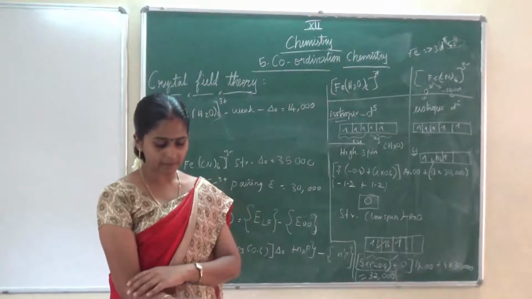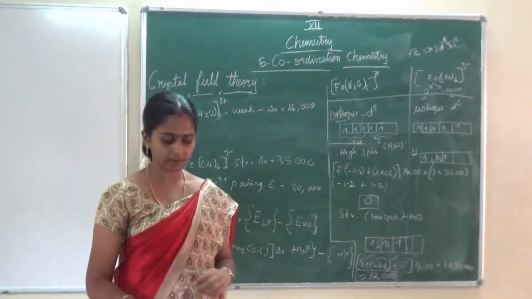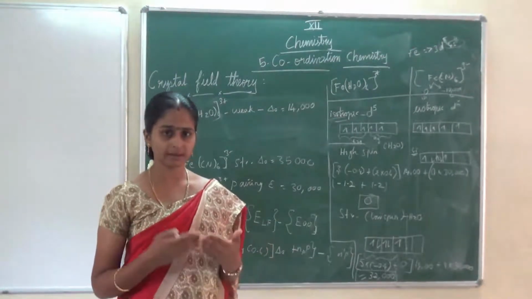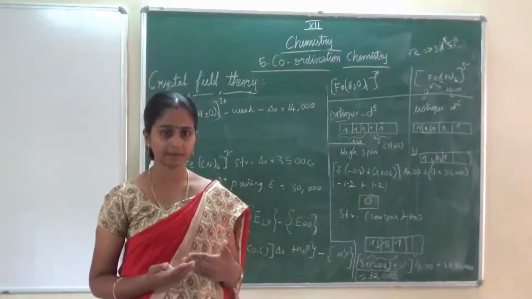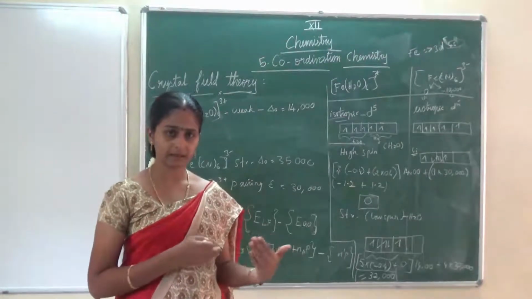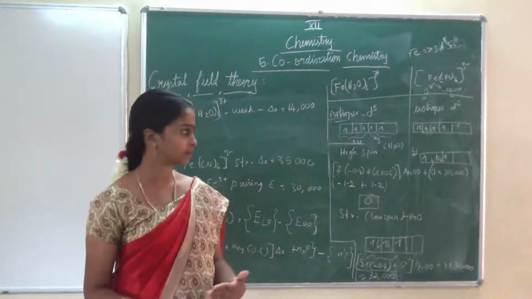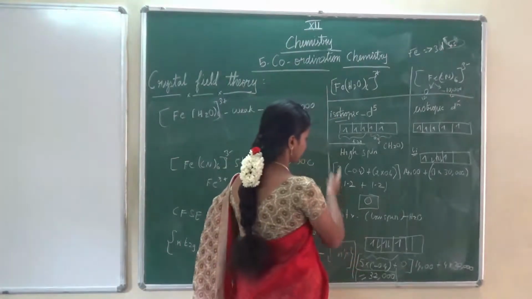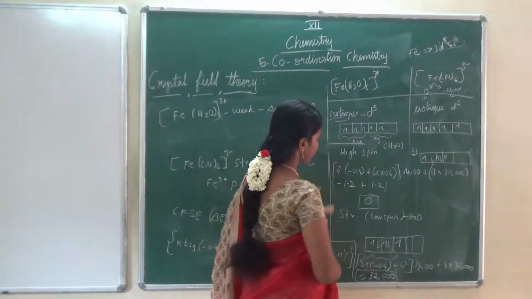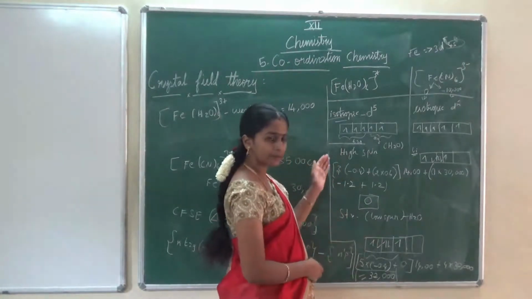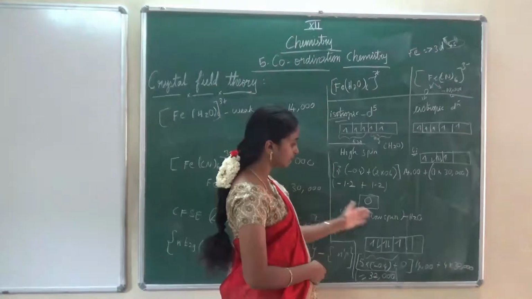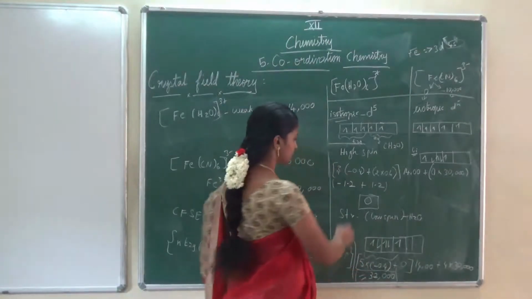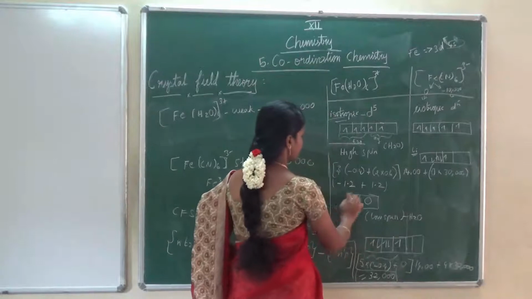After finding the nature of a particular complex, whether it is a low spin or high spin complex, next we can write the electronic configuration of the particular complex. When I write the electronic configuration for this complex, which complex is possible? I said it is the high spin complex because it is 0, while the other is 32,000, so that is not possible. Only this is possible.